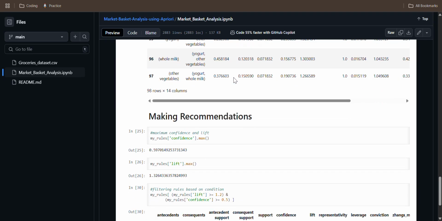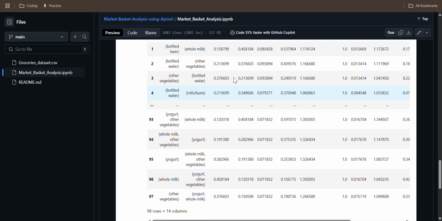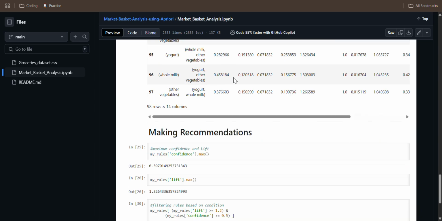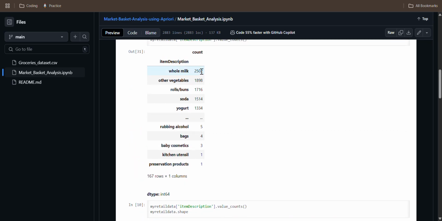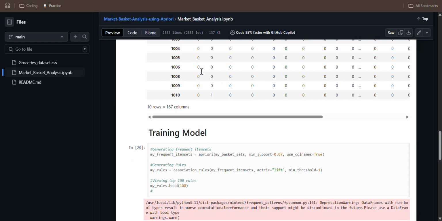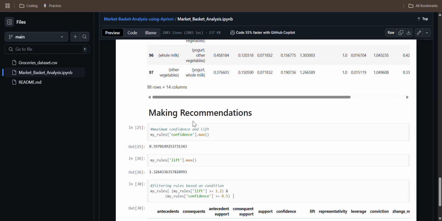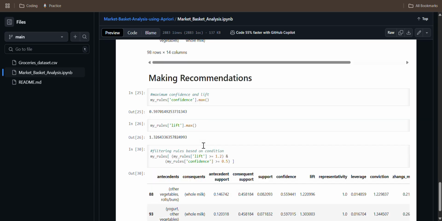Now it's just simple. This data was a little skewed. Whole milk was the most bought item here. So we found out the maximum value of confidence, which is 0.597, and the maximum value of lift, which is 1.32.